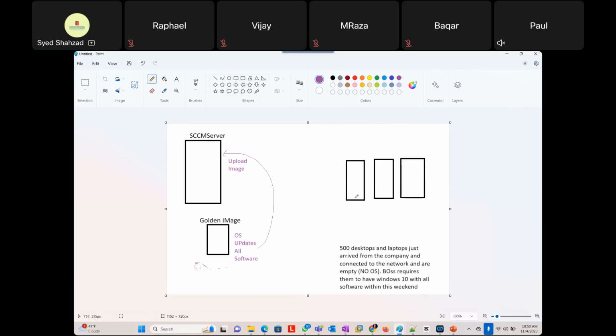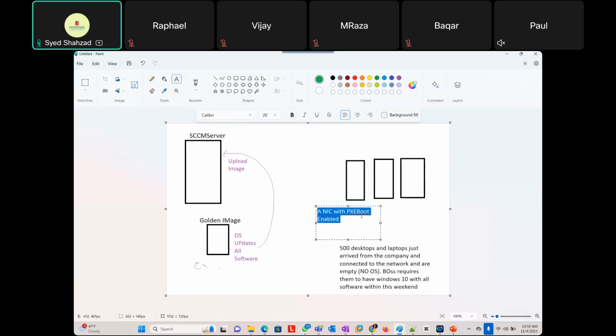So these machines were having PXE boot technology, and that is a NIC, network interface card, with PXE boot enabled. Now, PXE boot enabled just means that it is pre-boot execution environment, which is that it is an empty machine. Where does it boot or start from, right? So it will start from a network interface card